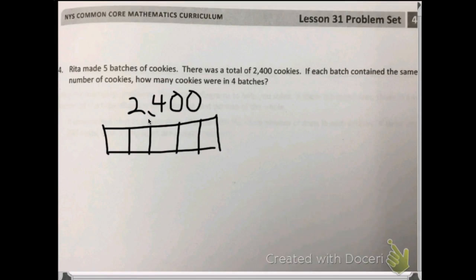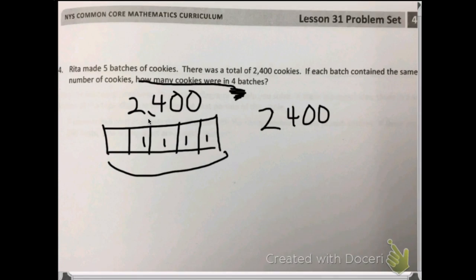But really what it's asking is, if each batch contains the same number of cookies, how many cookies were in 4 batches? That's what we need to know. So we really want to know what's in 1, 2, 3, 4. We want to know what's in those batches. So there's actually kind of a double thing we have to do. So the first thing we need to do is we need to see how many are in each batch. So if there's 5 altogether, and that is 2,400, we're going to do